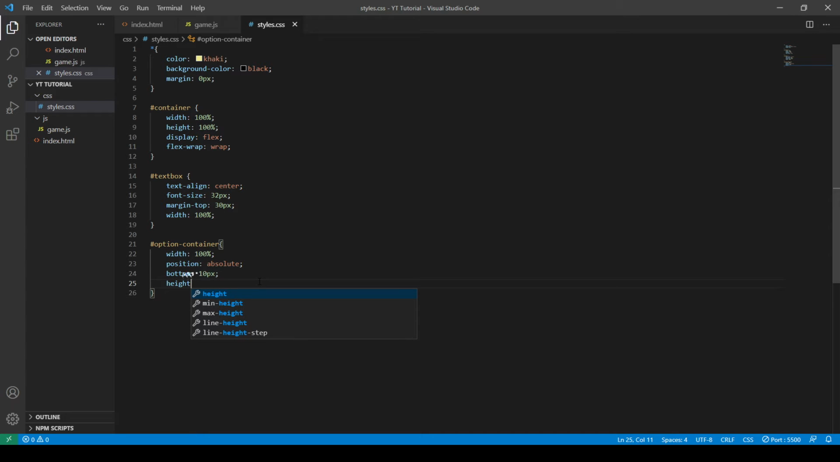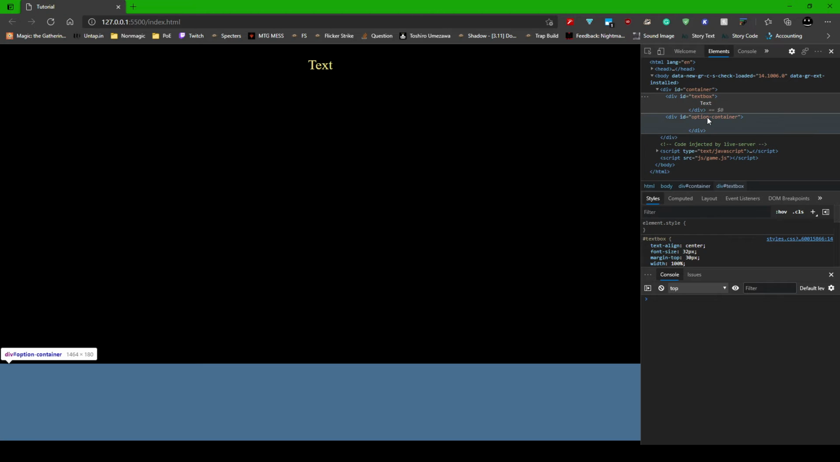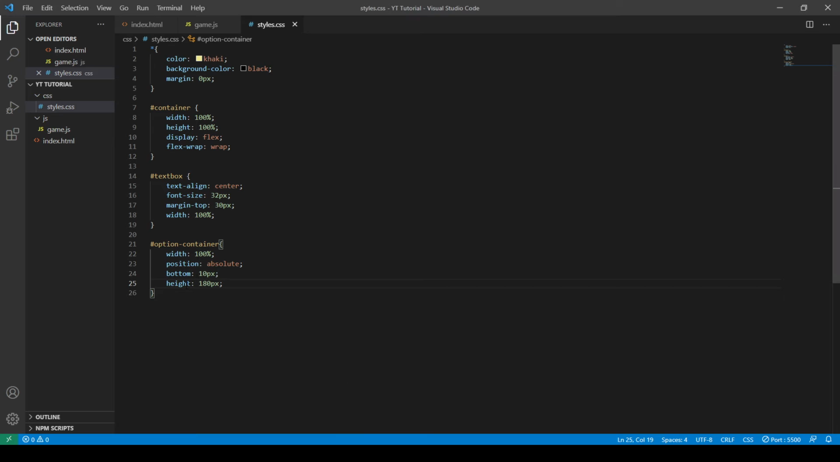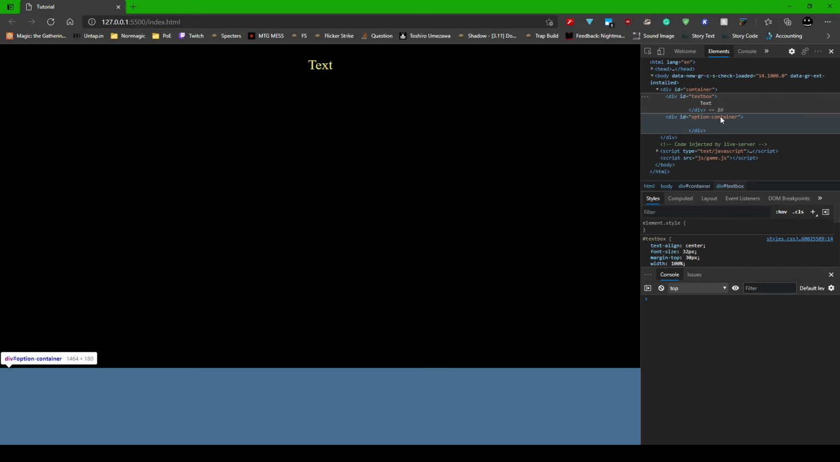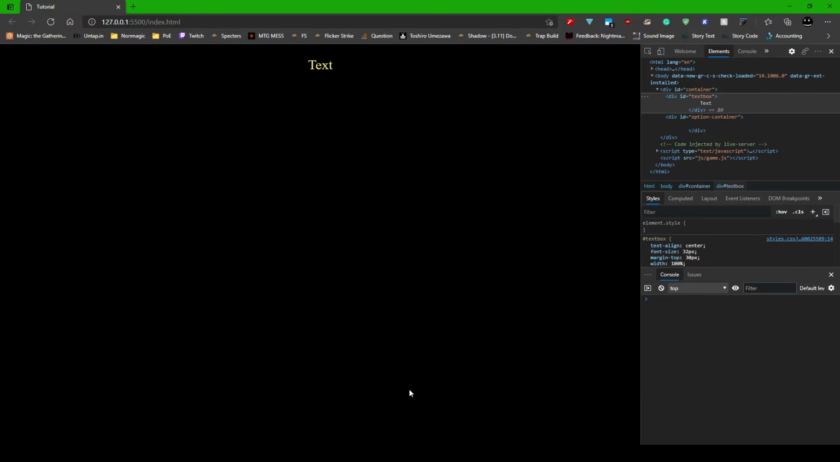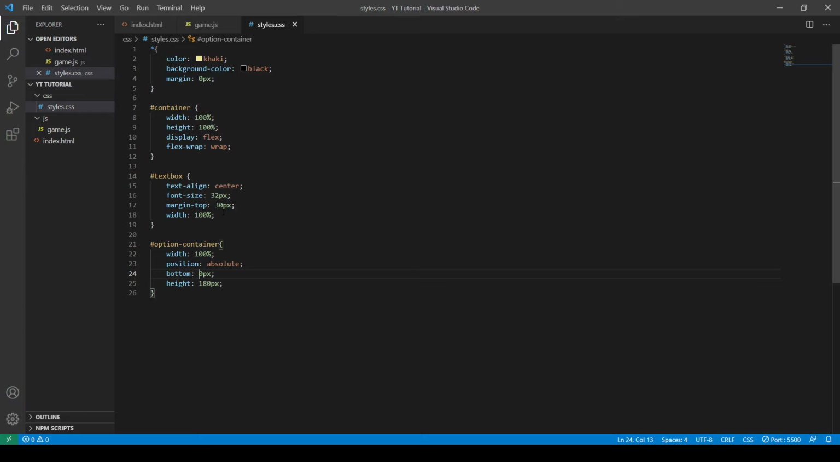Then we're going to give it a height of 180. 180 pixels, and that should make it look okay. Scratch that. Take off the bottom 10 pixels. You actually want that to be bottom 0 pixels. Okay, so that should have fixed it. So the other thing that we want to do is we want to lop off the 180 pixels from the